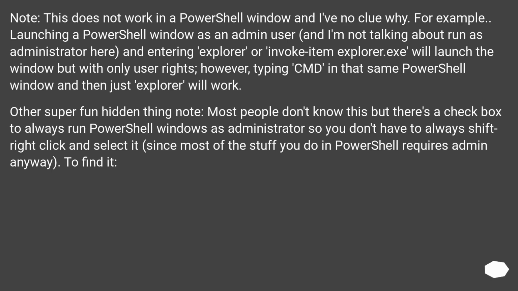Other super fun hidden thing note. Most people don't know this, but there's a checkbox to always run PowerShell windows as administrator, so you don't have to always Shift right-click and select it, since most of the stuff you do in PowerShell requires admin anyway. To find it,